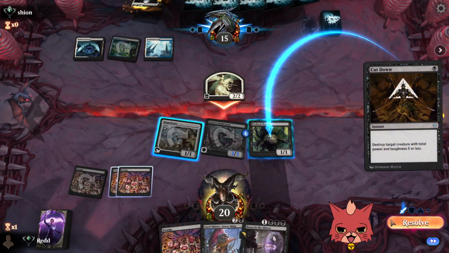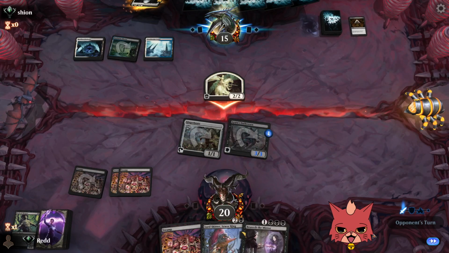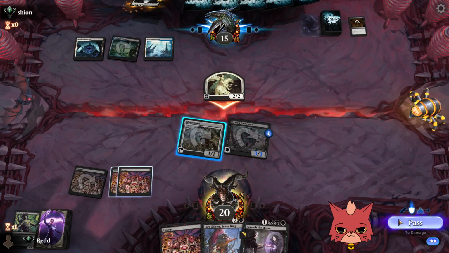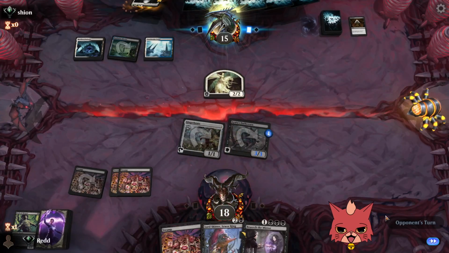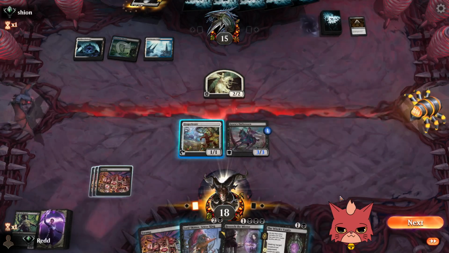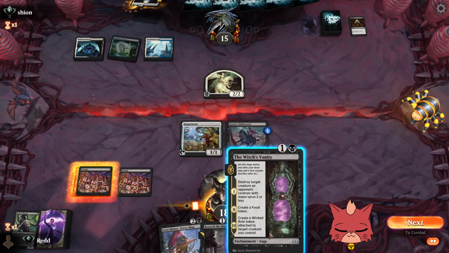They go for the cut down. Yep, I suppose that is going to land, regardless of what we do here, because spending 1 to make it a 2/2 does not get around that cut down. However, the rest of our board state is just still terrific, man. Witch's Vanity is pretty good too. With 2 open,